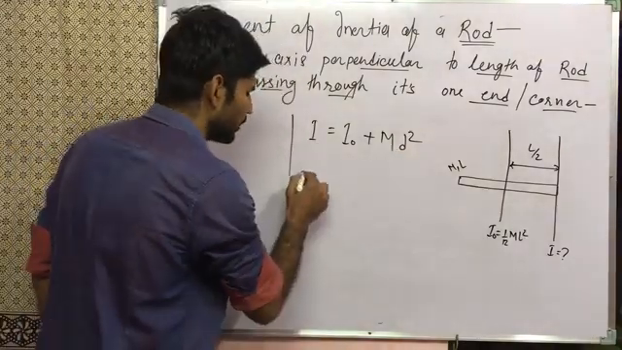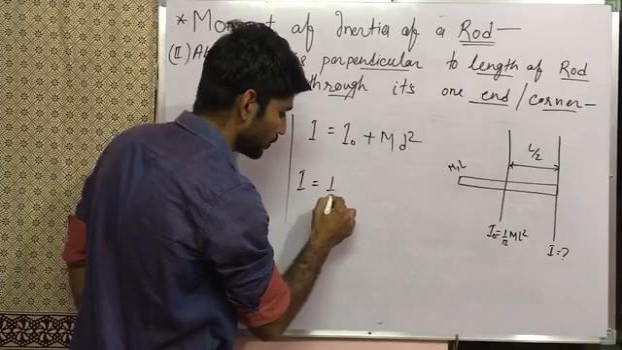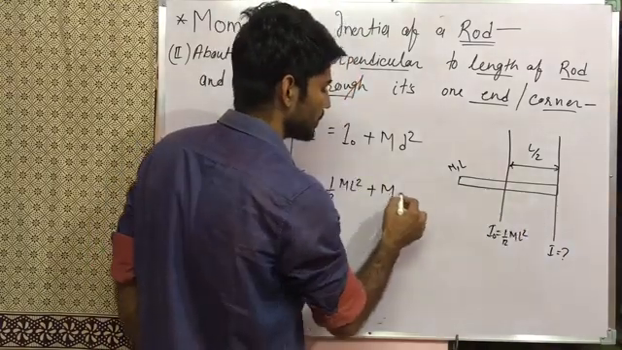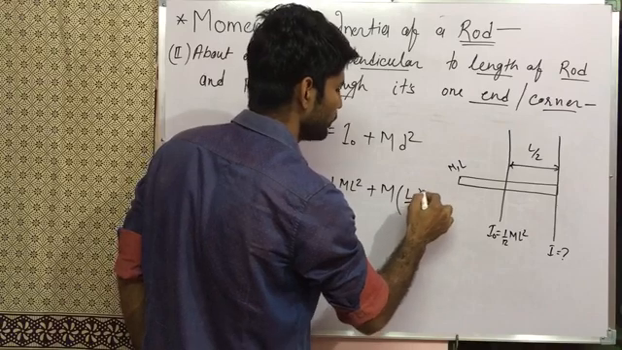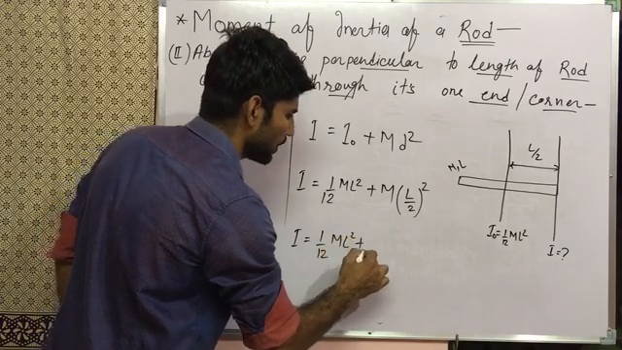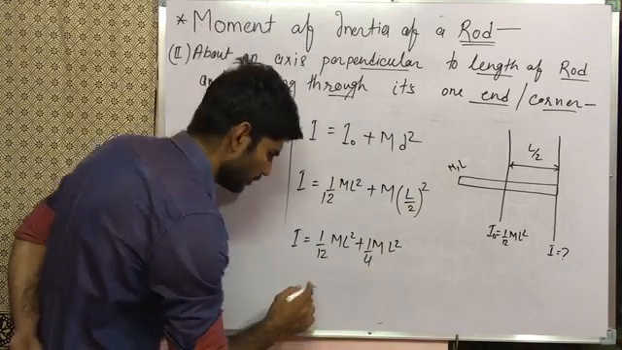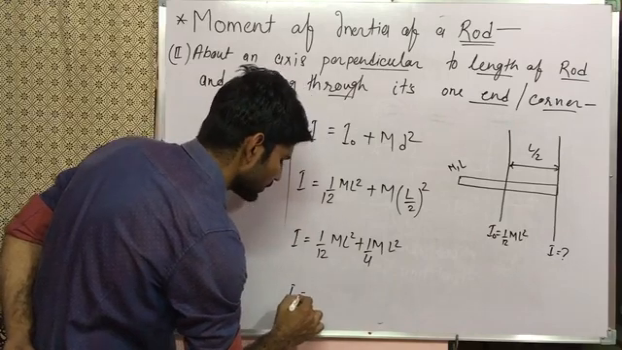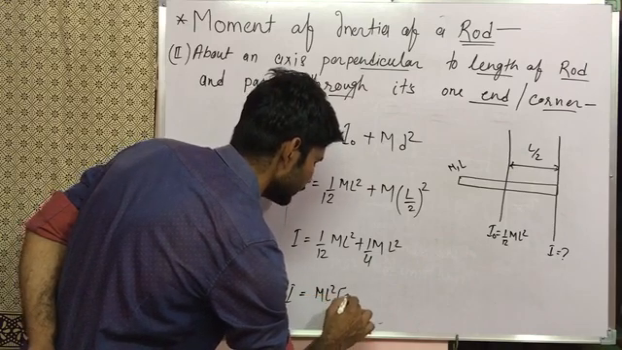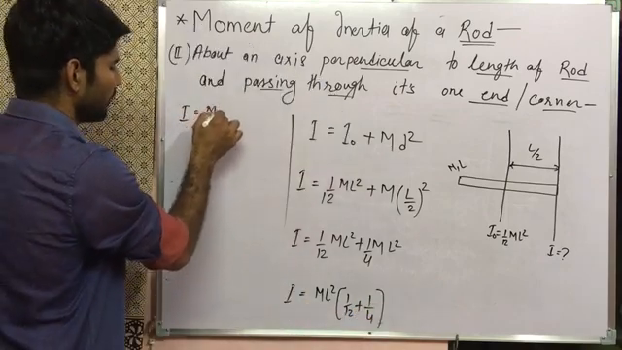Then we put the value here. I naught is our main axis about which moment of inertia is 1 by 12 m L square, plus m, and the distance between two parallel axes is L by 2, and here square. I will be 1 by 12 m L square plus m L square, and here the square of 2 is 4. When you add these two formulas, you can take m L square out and you can add 1 by 12 plus 1 by 4. So here I will be m L square